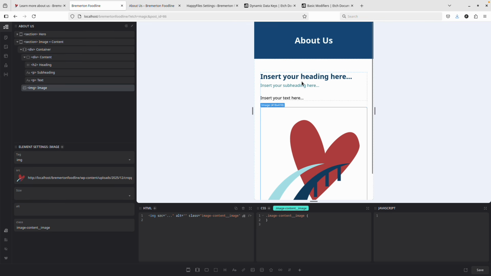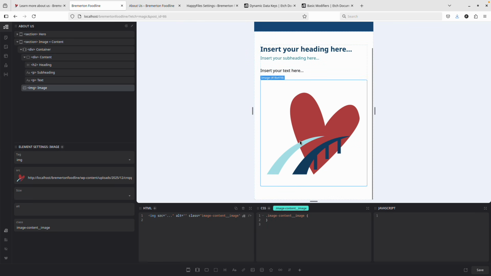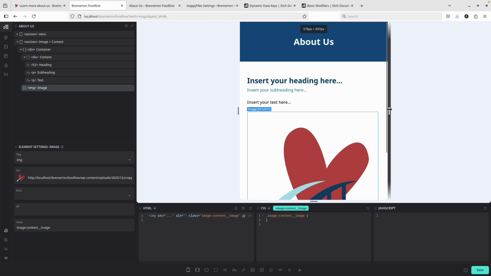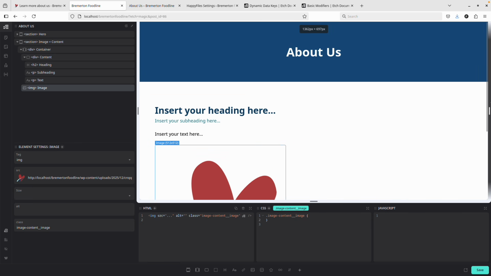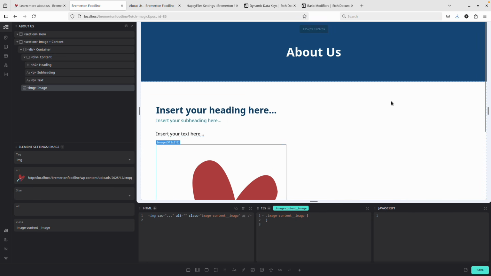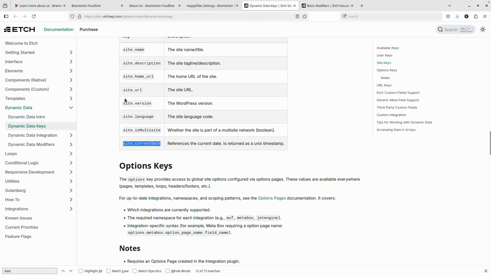Now on mobile, this is not bad. As we get larger, we're gonna want this to move over to the side. We could, and maybe should, use container queries. Do we have